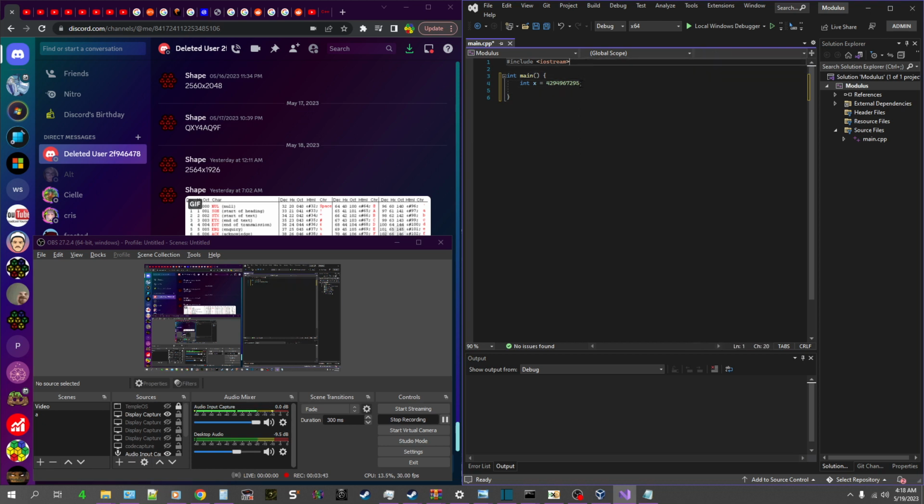But anyway, I was trying to do the modulus of x and 10, because the decimal number system is a base 10 number system. So let's do standard cout x modulus 10, and whenever I ran it, at first